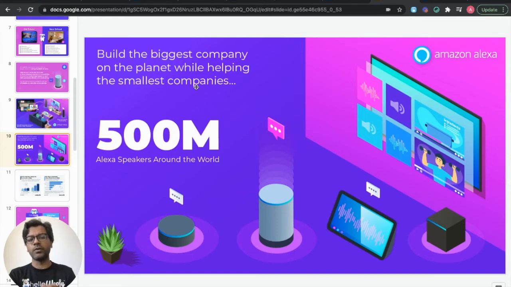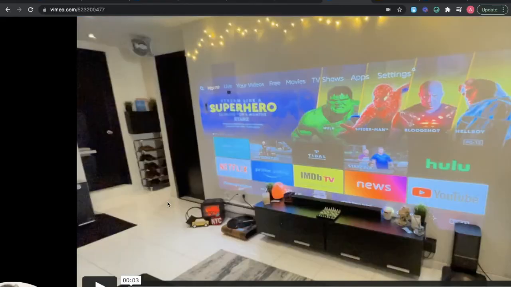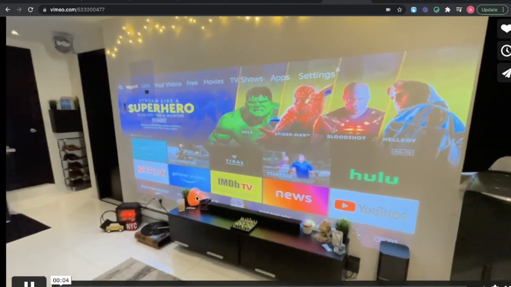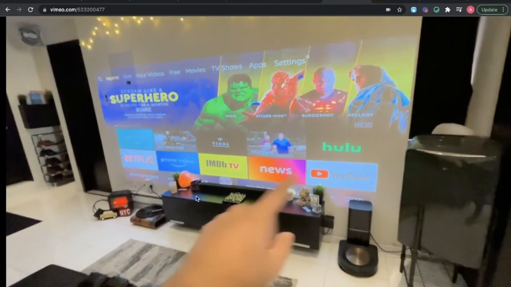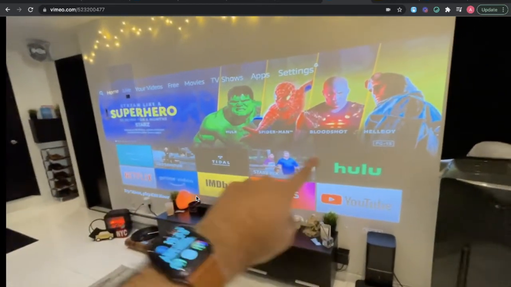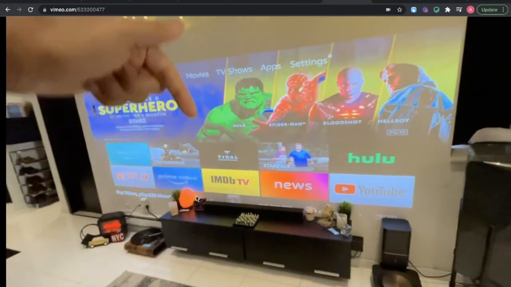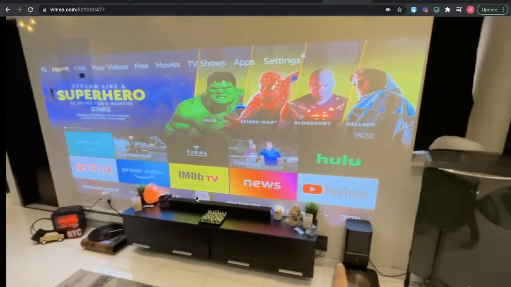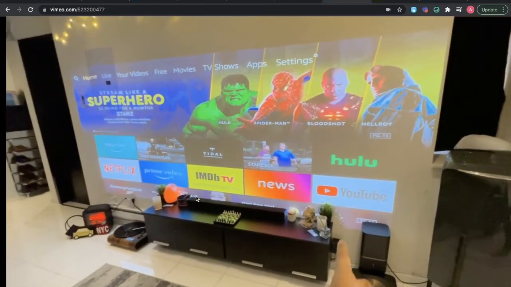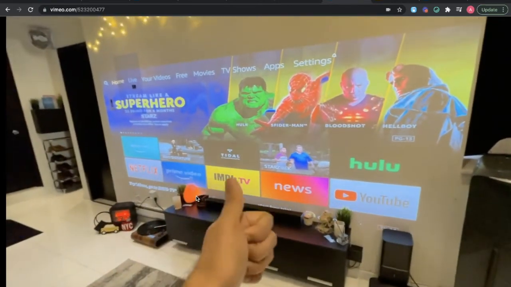But where are you when it comes to being the underdog, the small business owner, when it comes to engaging with your customers here? Well, it doesn't really exist, because guess what? When you take a look at an ecosystem like this, which is my New York City apartment, running a Fire TV, an Amazon Alexa device, what you'll notice is that all of the business apps, those little rectangles on the bottom of the screen, those are multi-billion-dollar broadcasting companies, and they are the ones who are completely capitalizing on the attention span of your customer and my customers and many other consumers day in and day out, because streaming became such a big topic in 2020.